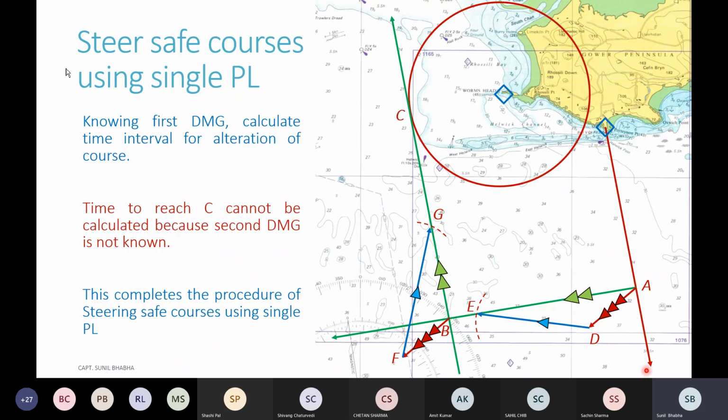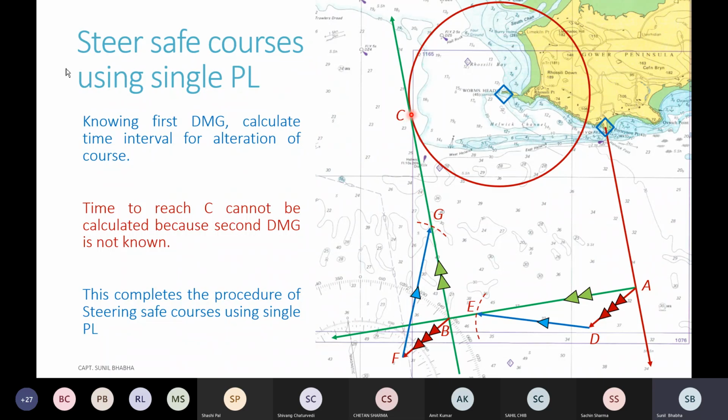So wherever you are on your first PL, once you steer your first course made good for this particular time duration, these being parallel lines, the initial PL and the tangential line, you will always find yourself after the first leg on line BC. And once you hit line BC and you alter your course to your second course made good, that is Bravo Charlie, you are certainly going to